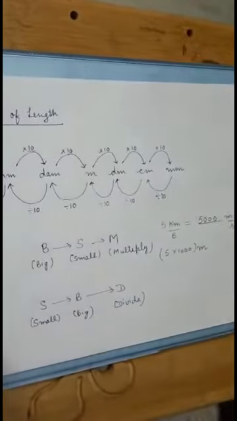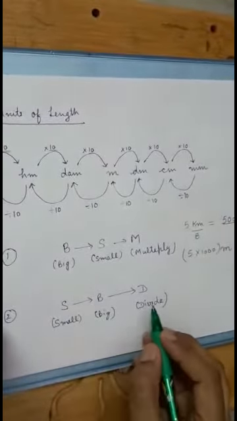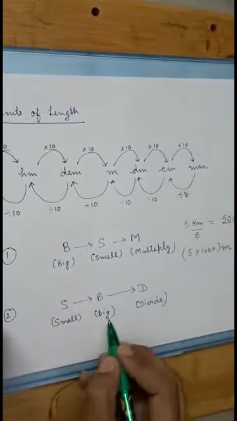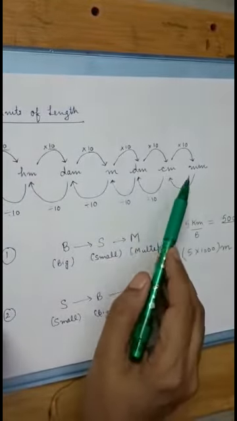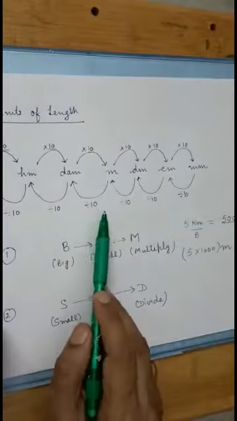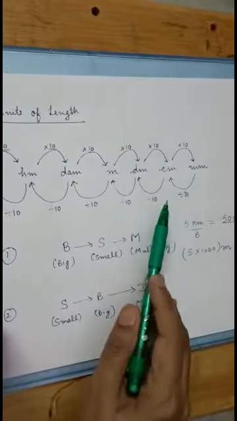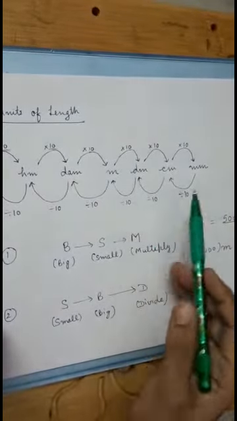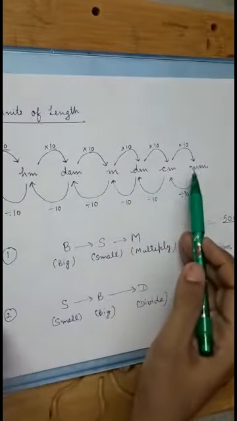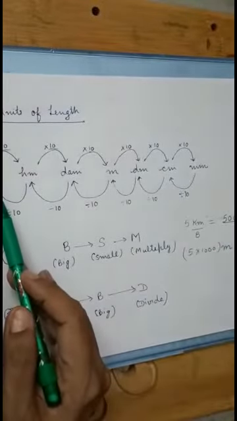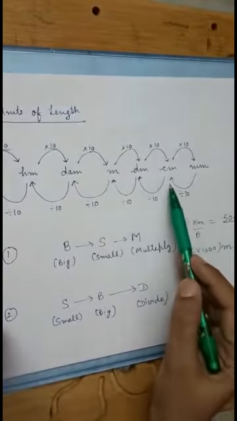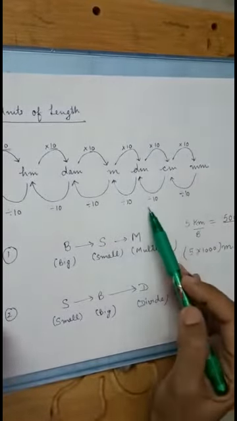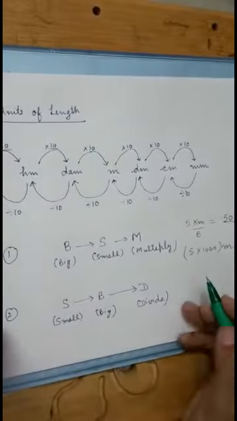Now the next rule is small to big divide. Small to big divide. Now see this relation. To convert a smaller unit into a bigger one, divide by 10 for every move to the left. Now this is the left side. If you are moving from a smaller unit to the bigger unit, then divide by 10. See, first step, divide by 10, divide by 10 and so on. Okay, let us solve one example.